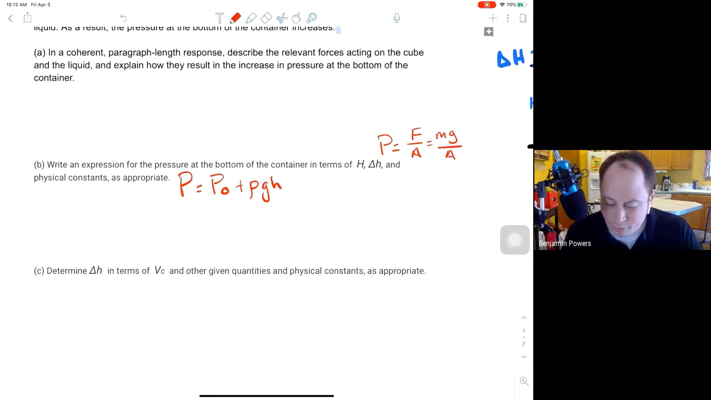So when we do this container, let me draw a little picture off to the side. It has a certain volume that would be given by this cross-sectional area